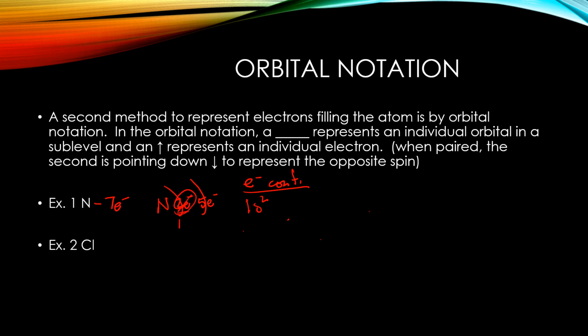That now takes care of those. So I move on to my second energy level. So I have 2s2. So I've got 2 of the 5 that have been accounted for, but I have 3 left. So I'd have 2p3. So when we do the orbital notation for these,